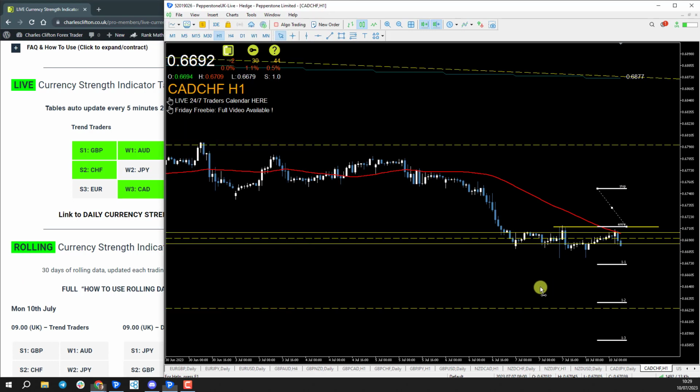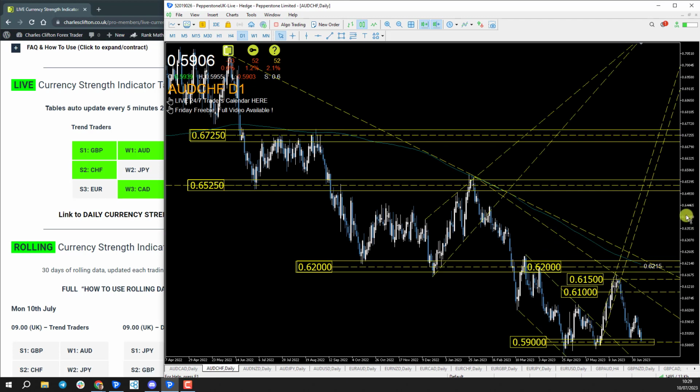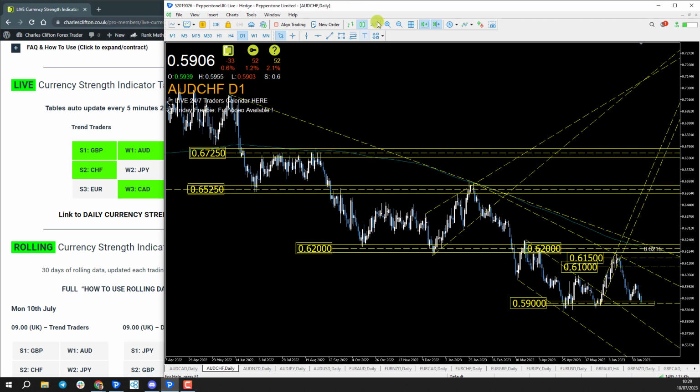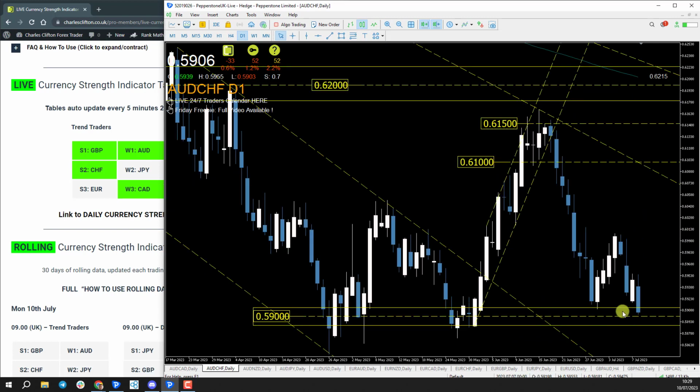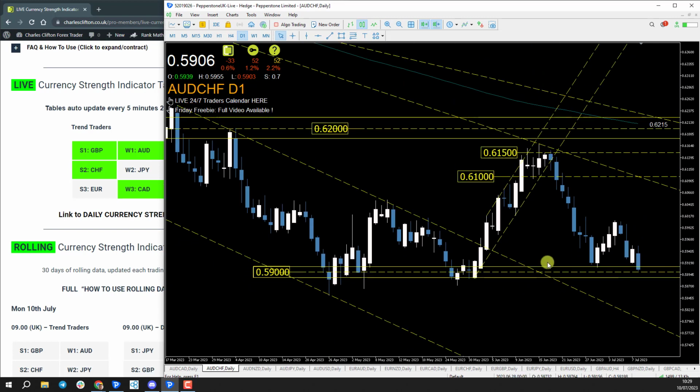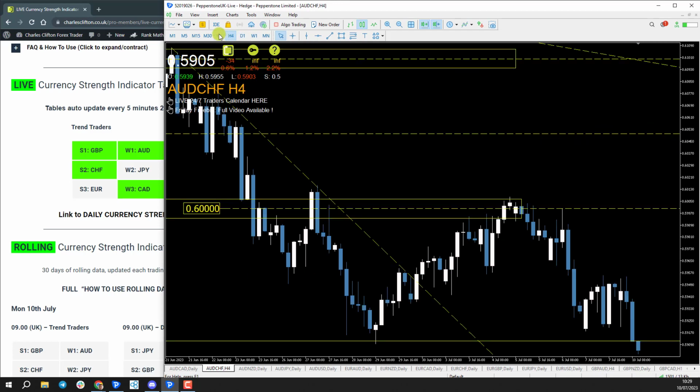The final one I did want to take a quick look at was Aussie Swiss. Aussie Swiss, an interesting market as well. The only thing with this one is we are at a major level of support. So you can see we're at the 0.59 handle at the moment. So if we were to take any kind of opportunity here, I think it's going to be more on the